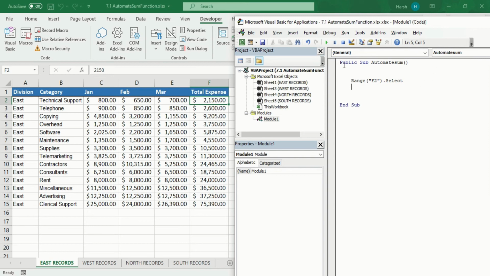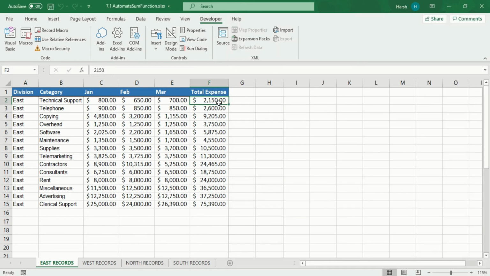So before going any further we will get back to our Excel. There is a shortcut in Microsoft Excel to go to the last row which has digits. If I click on this and press Control and Down, that means we will go to the last row that has a digit. If I press Control and Left, we will go to the leftmost digit that has a value. If I press Control and Up, we will go to the top row, and with Control and Right, we will go to the rightmost column. So this can cover all the things.